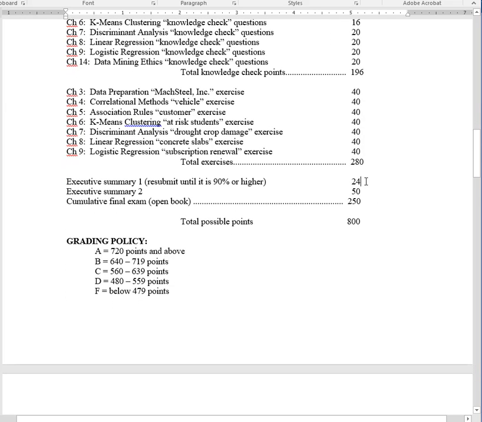And then you'll do an executive summary. This one, the smaller point one, the 24.1, you will revise until it's an A. You get no grade, just feedback, and then I return it to you and you revise it and turn it back in until it's an A. As soon as it's a 90% or better, the revisions stop. The second paper, there are no revisions.